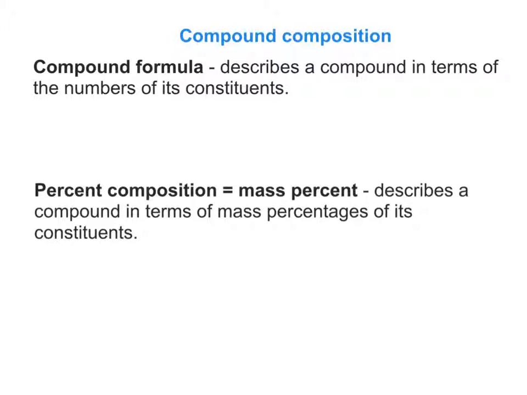Compound composition can be described in two major ways, through compound formula or through percent composition or mass percent. The compound formula describes a compound in terms of the number of its constituents. For example, if I look at the compound formula of sulfuric acid, I will see that it's made of hydrogen